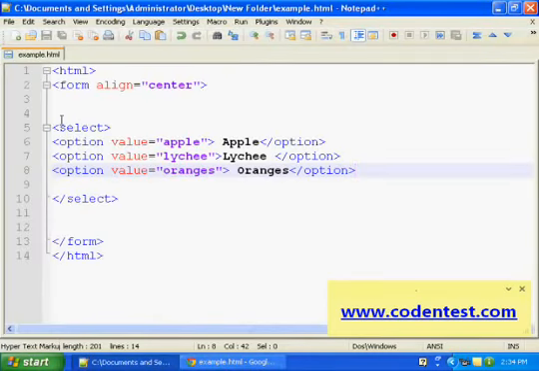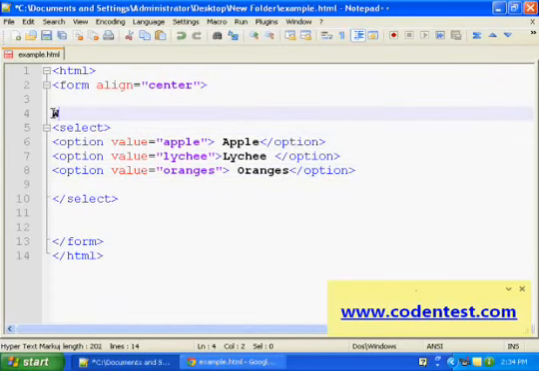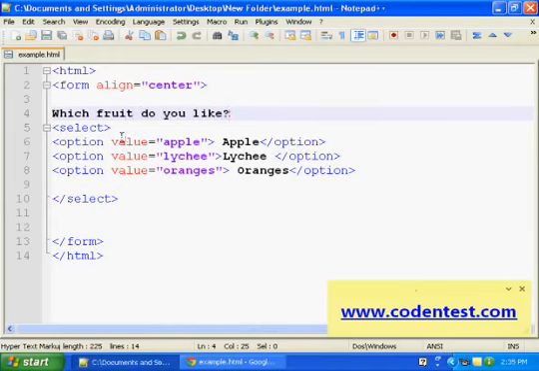Let me just write a sentence here, same one: which fruit do you like? Notice we did not write name here. We wrote the name attribute in radio buttons and in checkboxes, but we did not write name in the option.